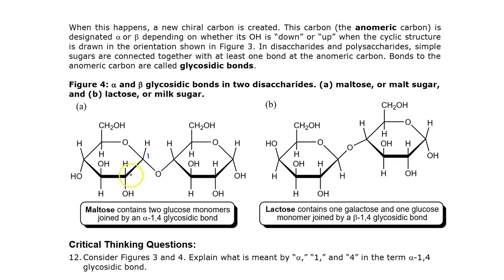And if I number them, I've connected carbon 1 on the first sugar to carbon 4 on the second sugar. And on carbon 1, this oxygen is pointing down. We said that was alpha, so that's how I describe this glycosidic bond. Alpha 1, 4, or sometimes you see it alpha 1 with an arrow to 4. You see it both ways, 1, 4, or 1 joined to 4 with an arrow like that.